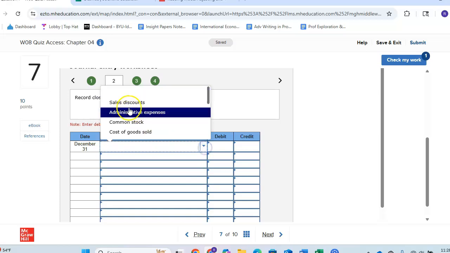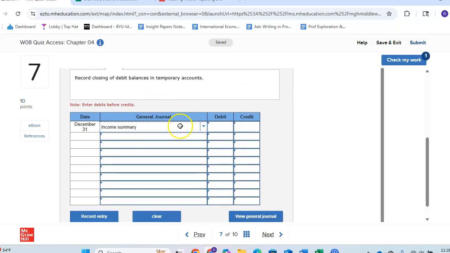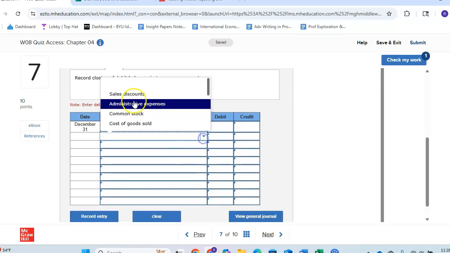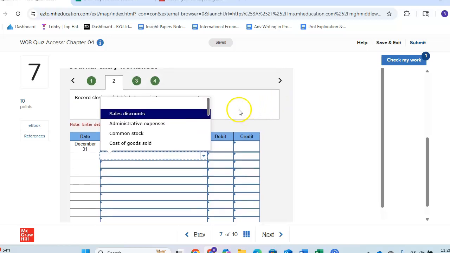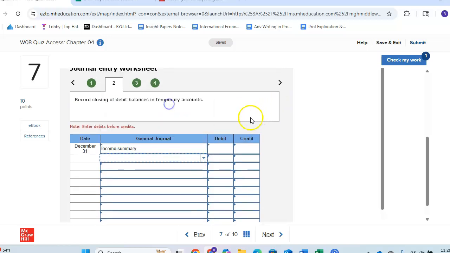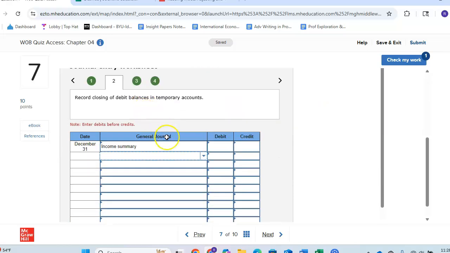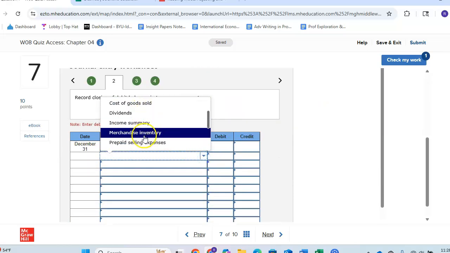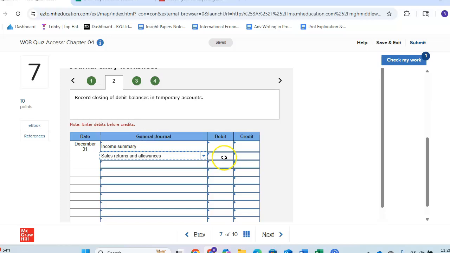But you always start with debits, and we know we're debiting the income summary, just don't know how much yet. The first one is sales returns and allowances. You don't debit it, you credit it. So there you go. Credit